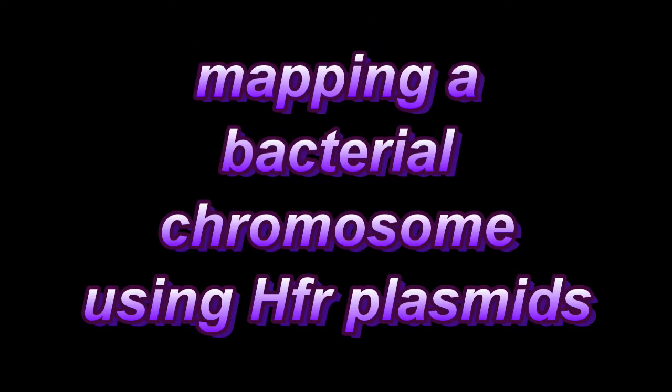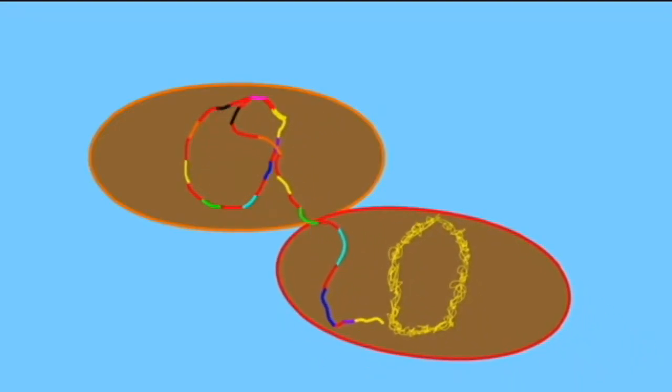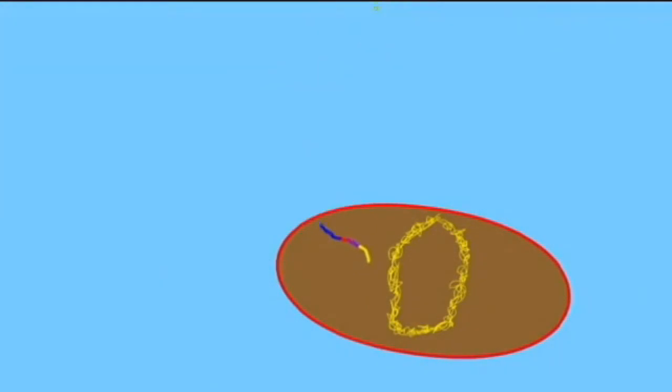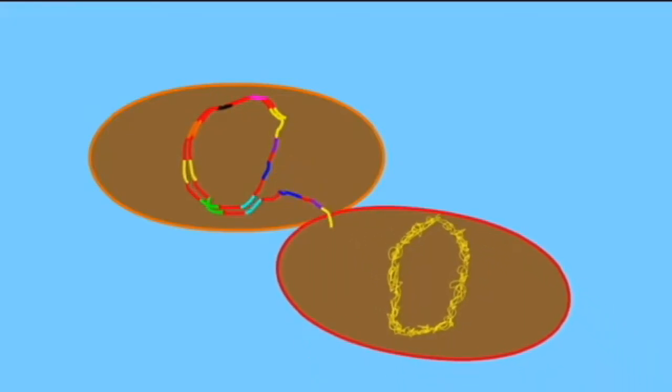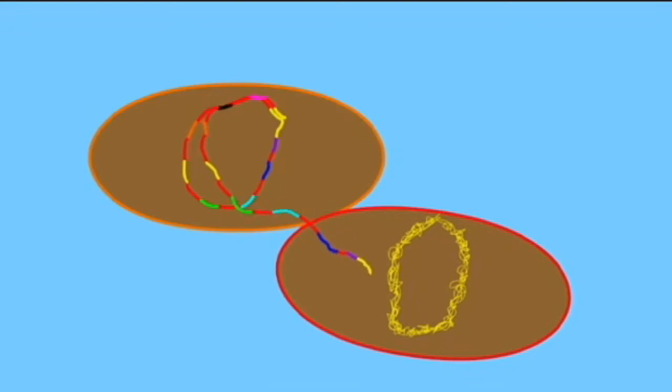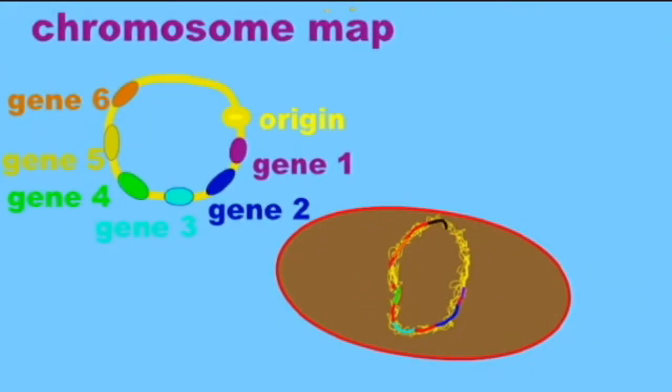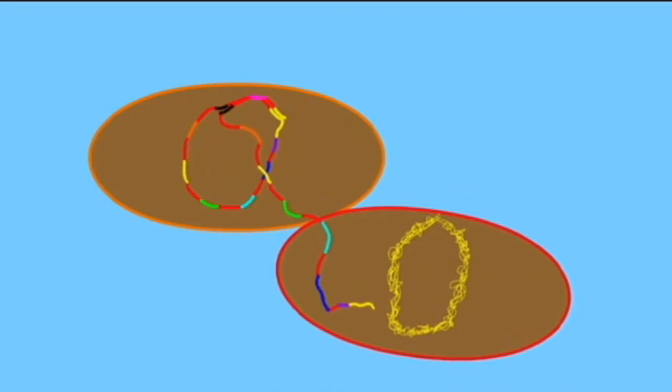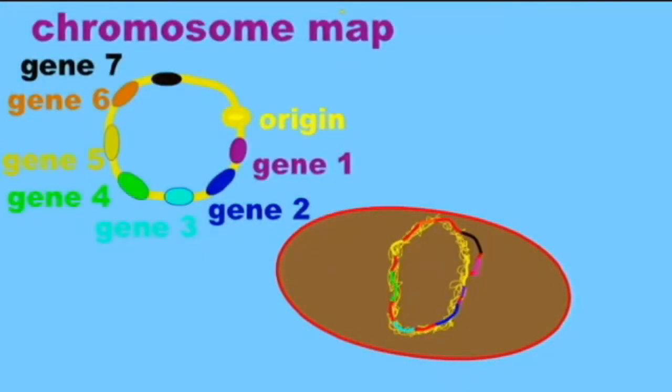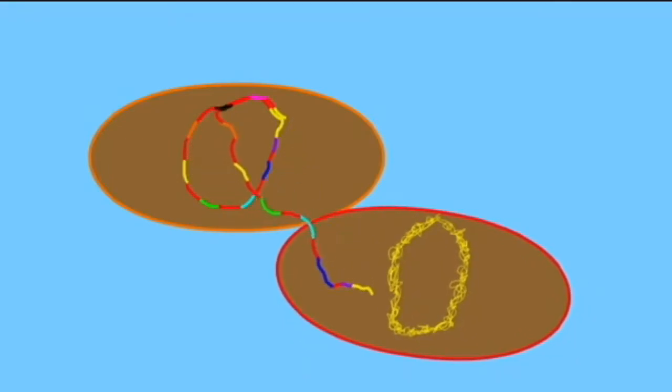As described in another video, Hfr plasmids in bacteria can insert into the bacterial chromosome at a specific site, and that becomes important. From this site, when they attempt to replicate, they begin to drag the host bacterial chromosome along with them. This results in a high frequency of recombination, hence the name Hfr, of the genes on the chromosome of the donor strain, which has the Hfr plasmid, to the recipient strain,